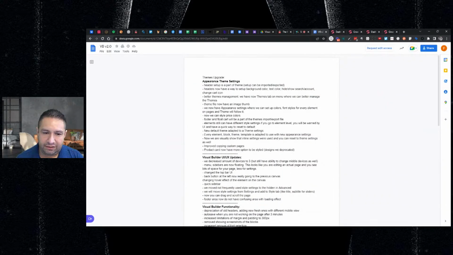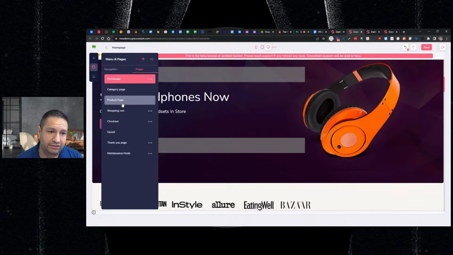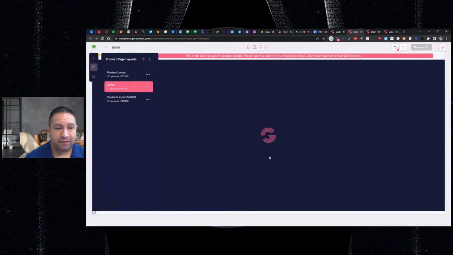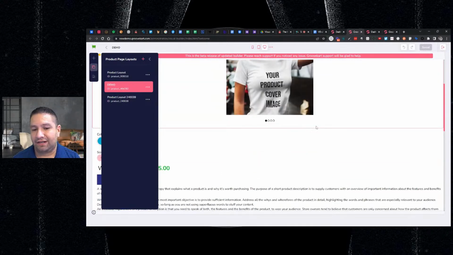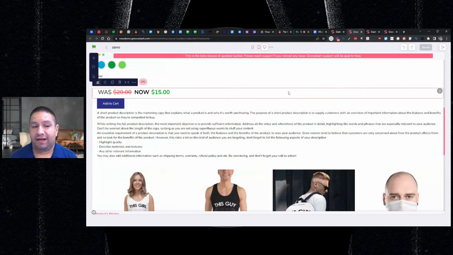So let's see. We saw earlier how we could copy. You could now clone a product page. So if I do a product page layout that I like, I've set it up how I want, I can now clone it. There's a typo there that'll get fixed. So now I can get the product page layout how I want it, and then I can go in there, clone it, and make one or two little tweaks